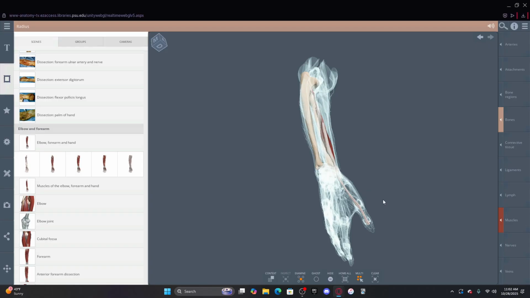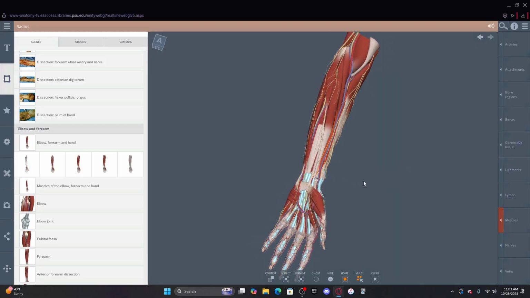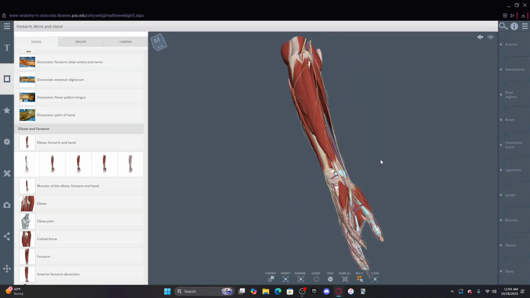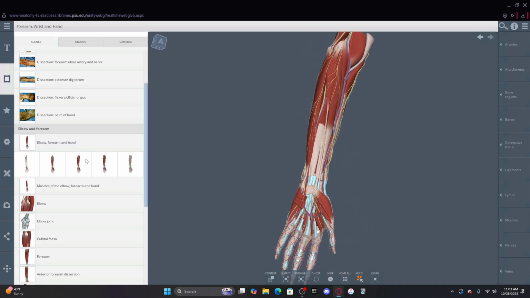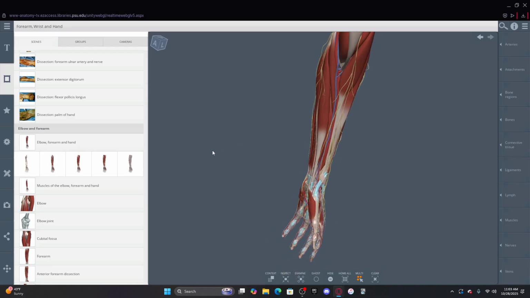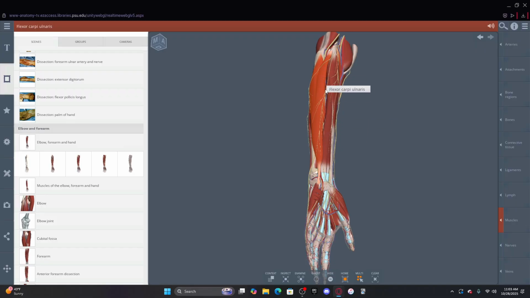All right, so we got that. Now we're going to move on to the last muscle of the anterior compartment, which is flexor carpi ulnaris. Remember, I said this is where the anterior compartment is going to end, right? So I said the anterior compartment goes from pronator teres all the way to flexor carpi ulnaris, right? So this is the last muscle of the